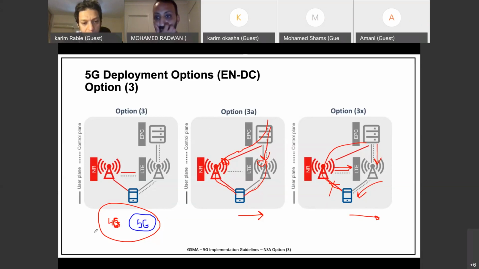The other question, Karim: let's consider maybe 3A or 3X. If I'm a user and for any reason I'm not able to get the 4G coverage, which includes the control plane, this means as a UE I will not be able to connect to the control plane. What will happen here?